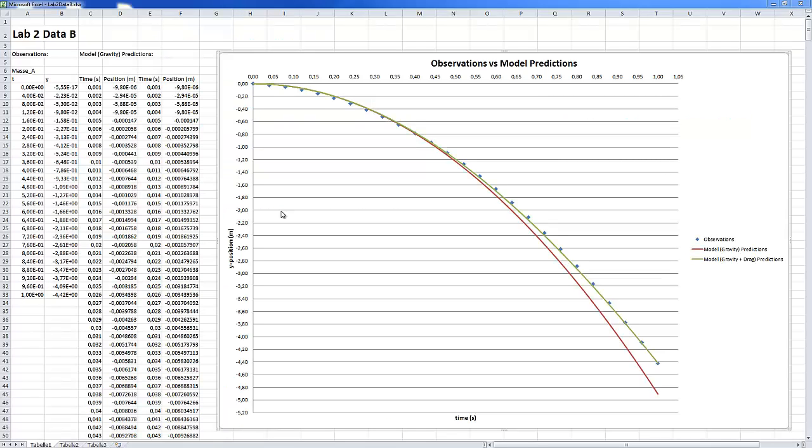Now the results of the second model are also shown in this graph. As you can see, it is a big improvement compared to the first model. However, it is still not perfect, in the middle at, for example, 0.6 seconds. This could be because the camera might not have been perpendicular to the movement. Another problem is that the fall of the object was not synchronized with the camera. So the object does not necessarily start to move at t